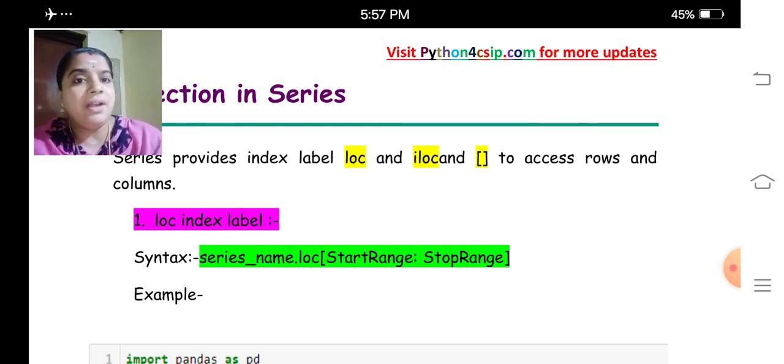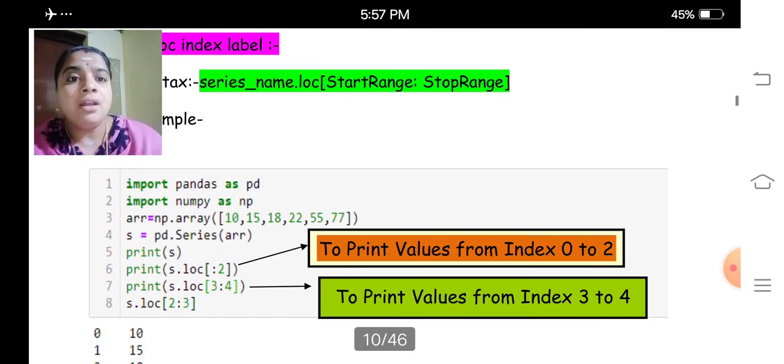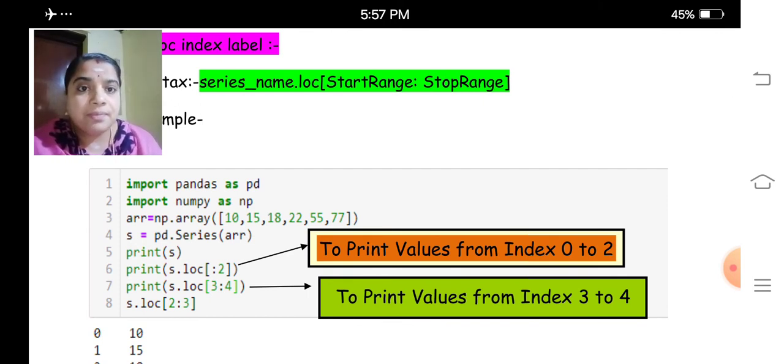My dear children, I am giving an example for getting a selection from the series. Here we are giving an array with the values 10, 15, 18, 22, 55 and 77. I request you to take a note and make the index values of this list.